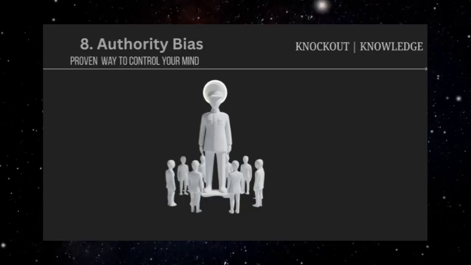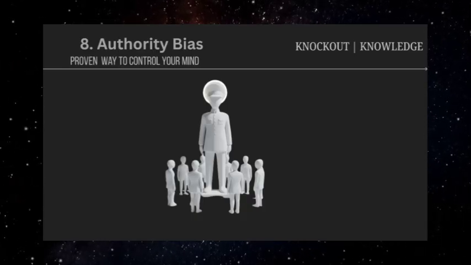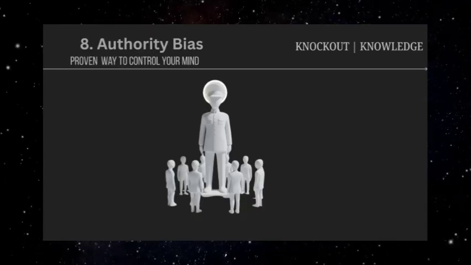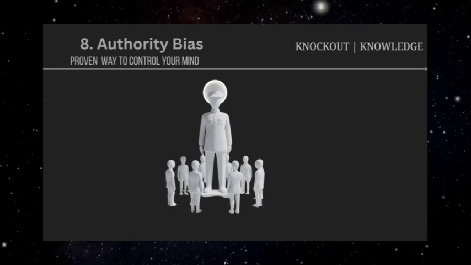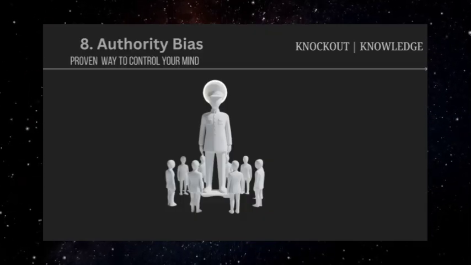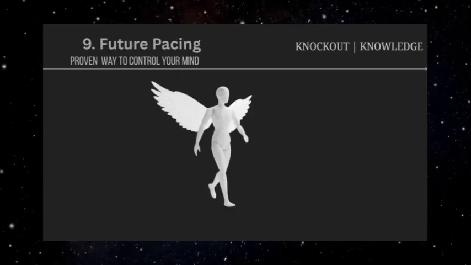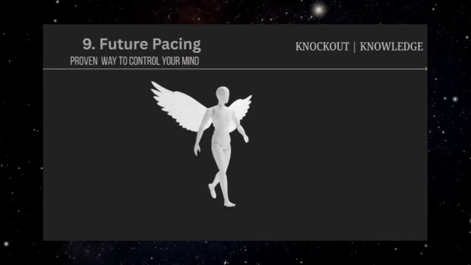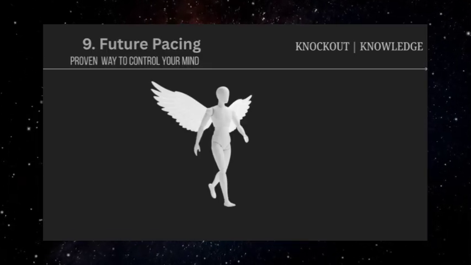This mental rehearsal often translates into actual behavior because the brain has difficulty distinguishing between vividly imagined experiences and real ones. The technique works by leveraging the power of visualization in mental practice. When we imagine ourselves doing something in detail, our brain creates neural pathways similar to those formed by actually performing the action. This mental rehearsal makes the imagined behavior feel more natural and likely when the real opportunity arises.